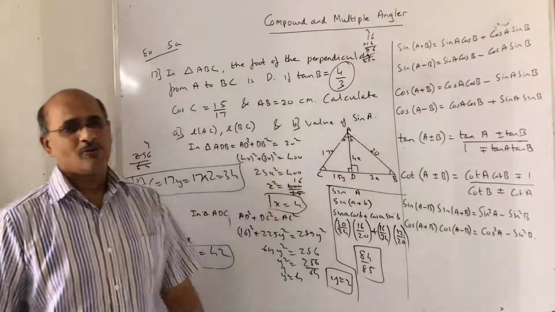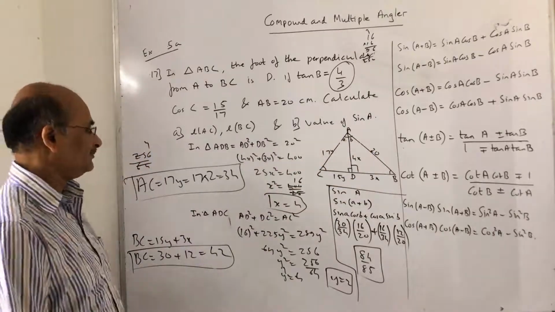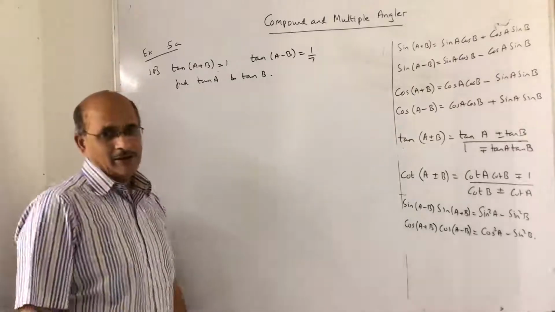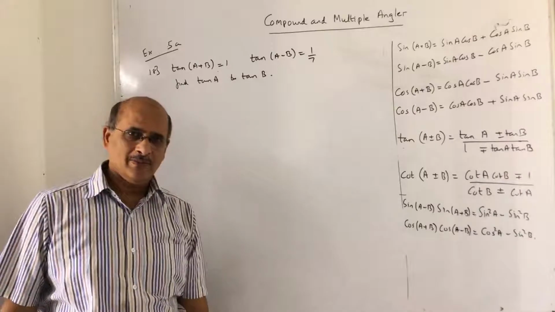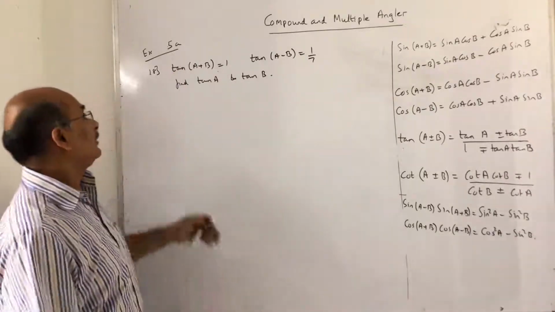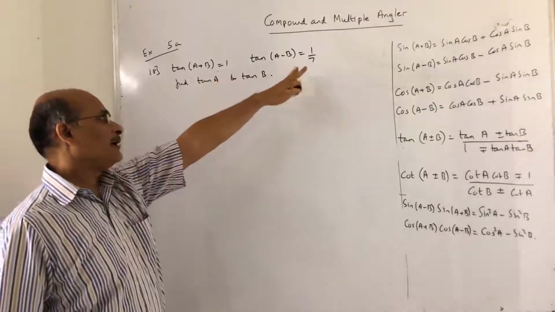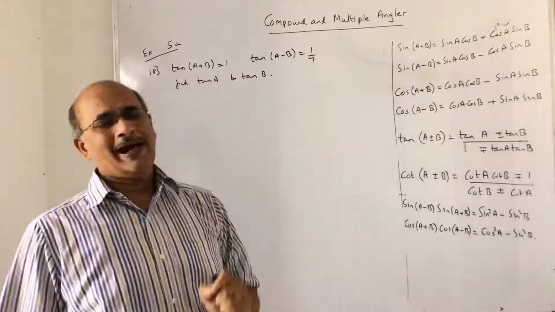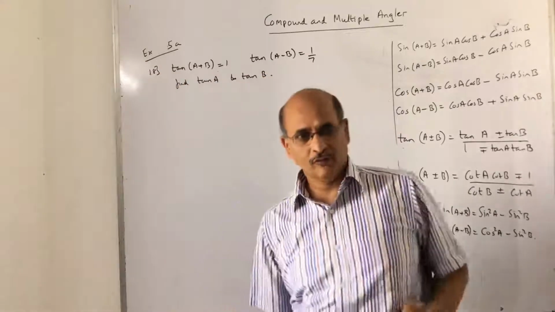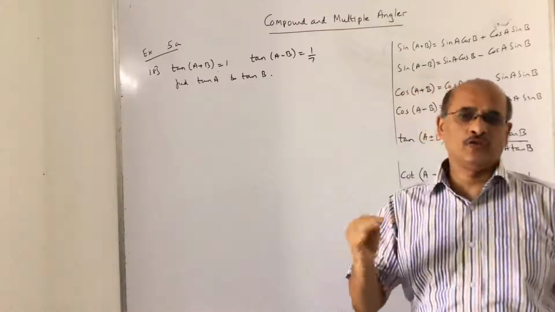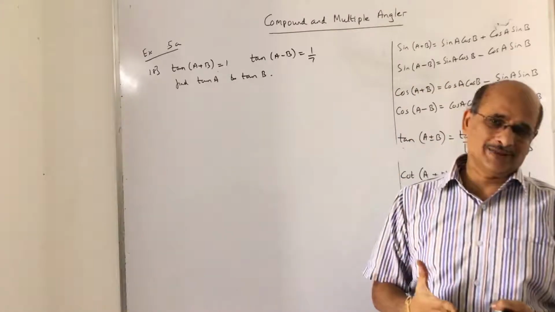Okay children, so pause and note it down. Okay children, after looking at a very good sum in phi a, we have the next, better sum than that. That is tan of a plus b, tan of a minus b is given. They ask me to find the value of tan a and tan b. You have to always look at the clue in the given information, okay? Because that is the clue. In fact, that will give you a direction through which you have to proceed and solve the sum, children.